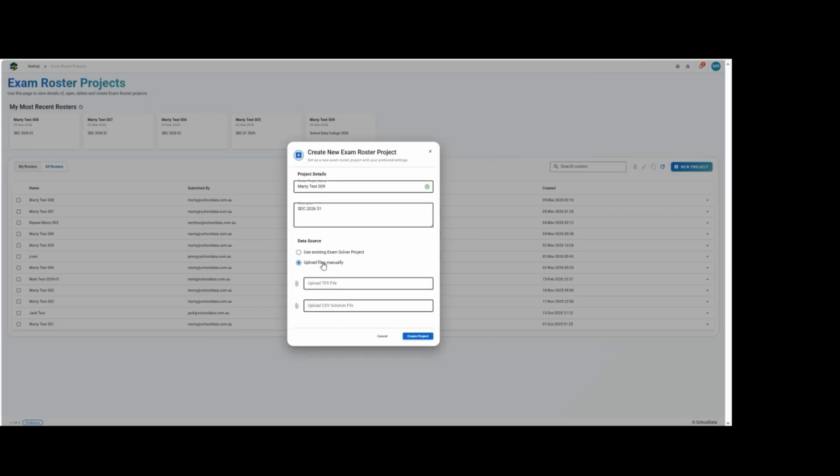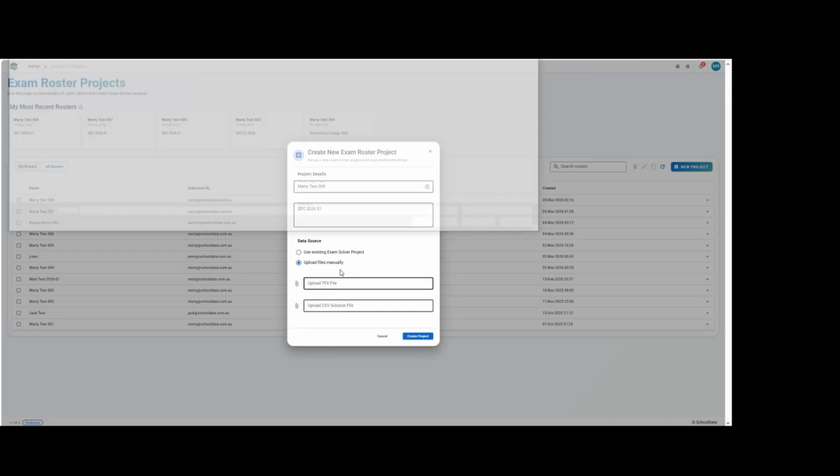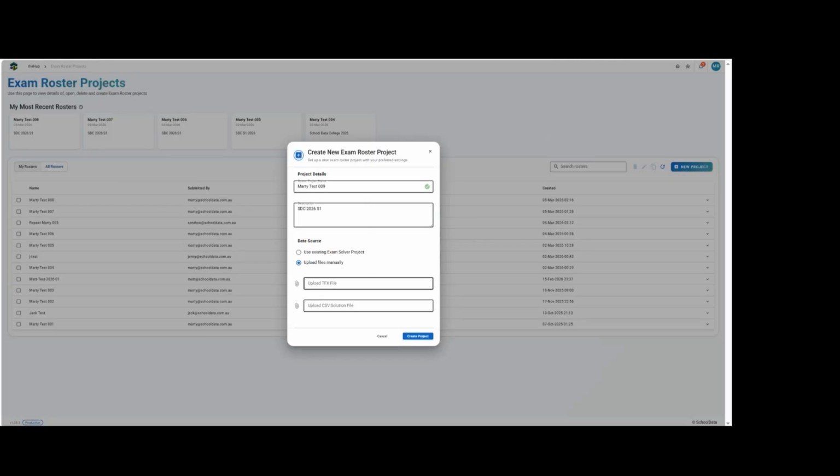And so I'm going to press upload files manually. From here, you can upload your TFX file. I'll just move this off the screen. And that's your academic TFX file. And upload your CSV solution file. And I strongly suggest